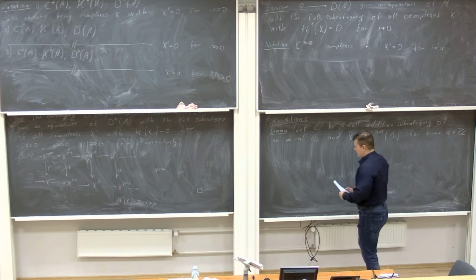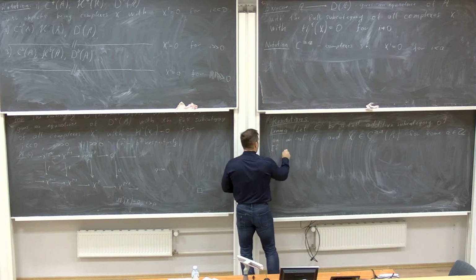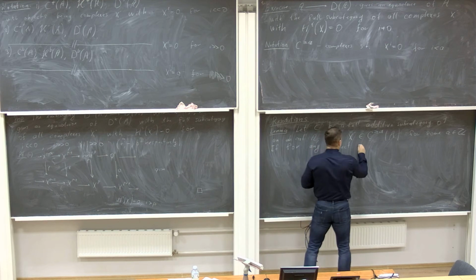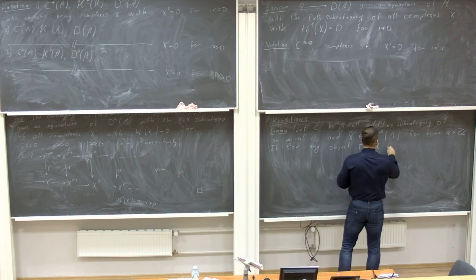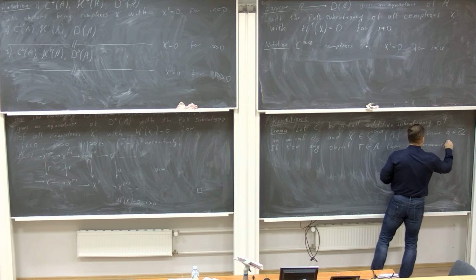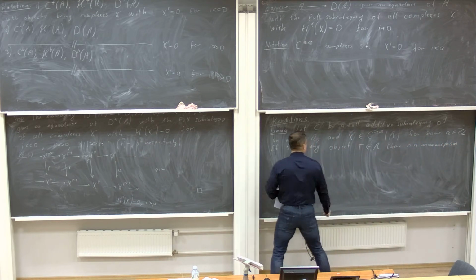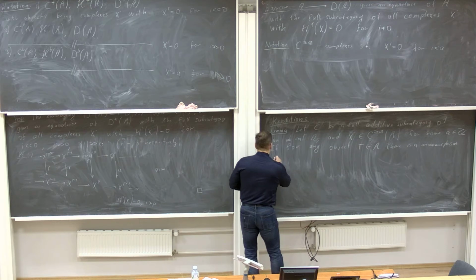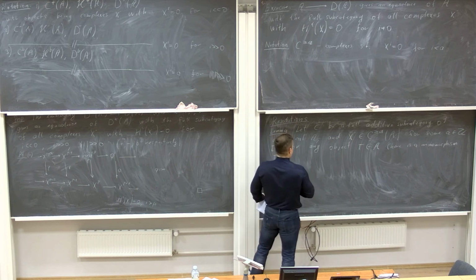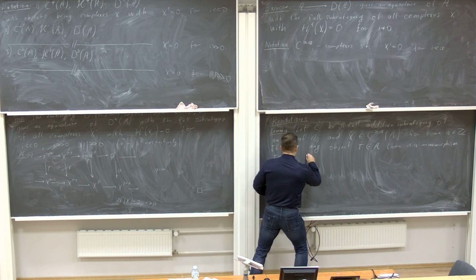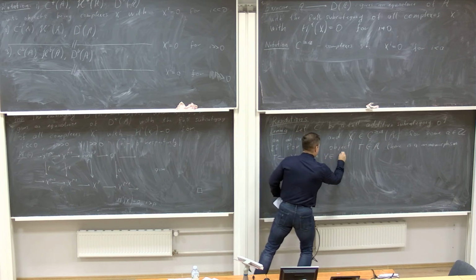If for any object T in the category A there is a monomorphism of the given object T into an object Y with Y being in the category C,